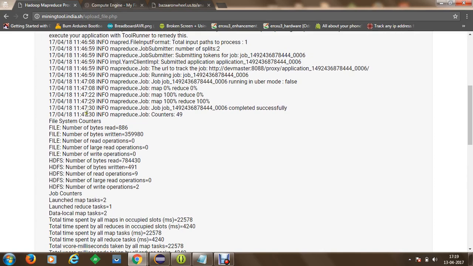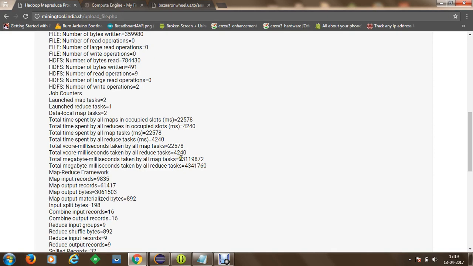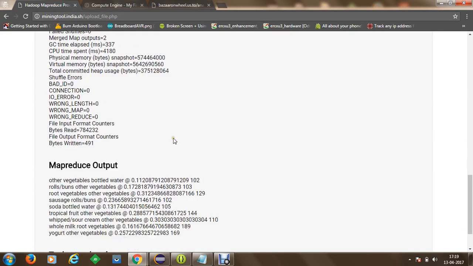Once we have got this processing, we can make use of these factors like total time spent by map jobs, total time spent by reduce jobs, and we can perform an analysis using R programming on these factors, and we can generate graphs, and we can identify differences between what is being done once you use a single node cluster, a multi-node cluster, or a multi-node cluster with more instances. So this is how we have analyzed our market basket analysis.